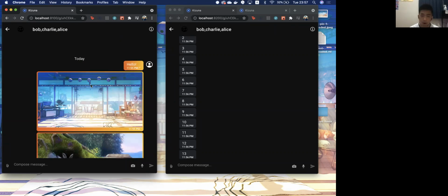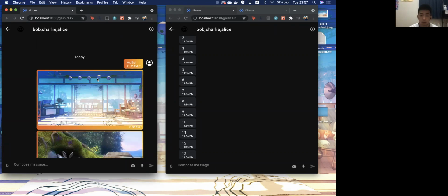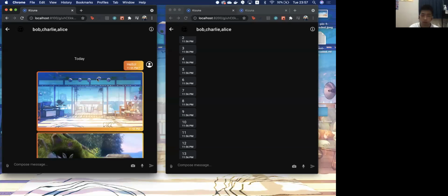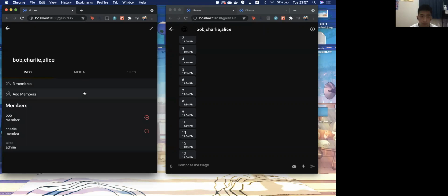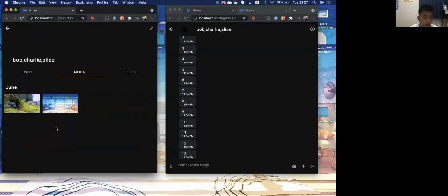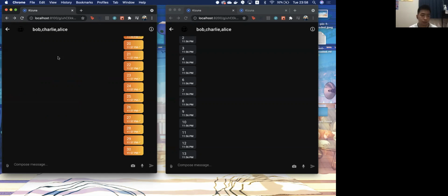So we implement this not only in the chat box, but as well as in the media box here. For media, I might not be able to show it because I need to send at least 40 images in order for the lazy loading to get activated. So that may take too much time for now. But I just wanted to show that we are also implementing that right now.